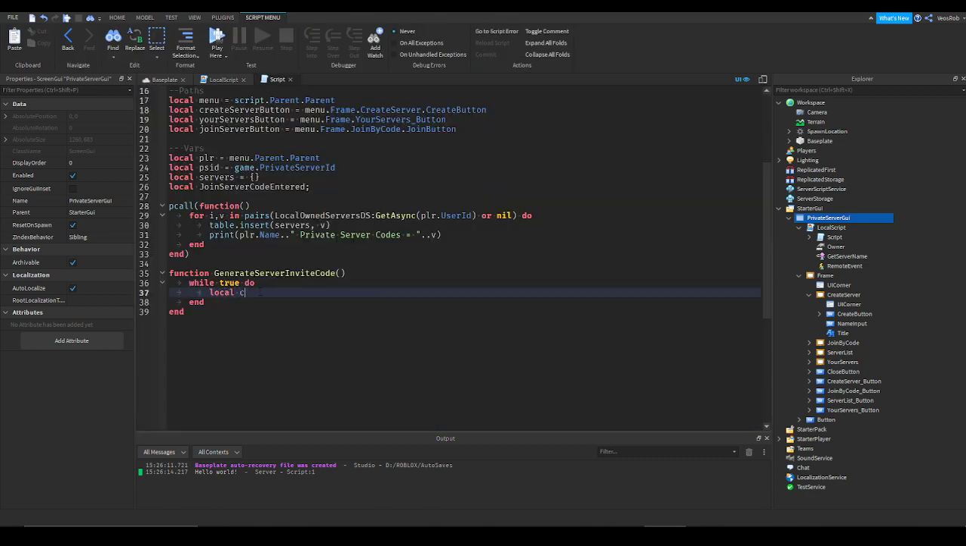So we're going to do local code equals math.random, and you can put whatever you want in here, but say if we want a 6-digit code, we're going to have 6 1s and 6 9s, so it'll pick a random number in between there. And then what we can do is we can say, let me think. So we can say if